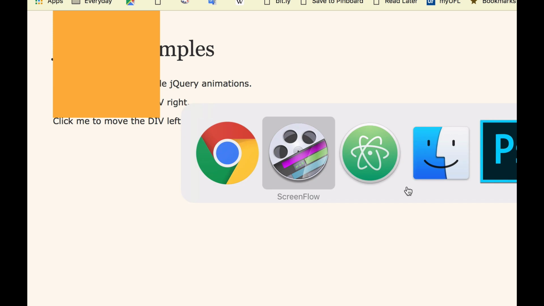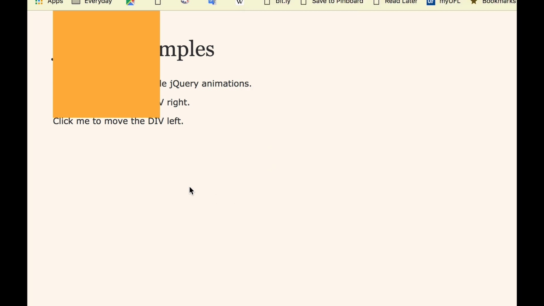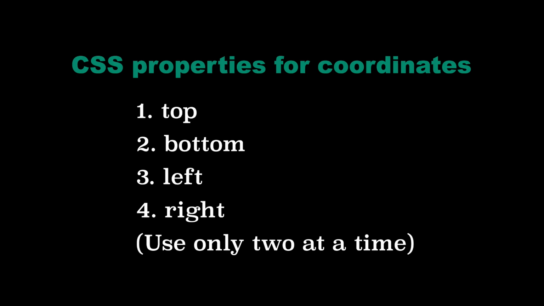Now let's add one additional coordinate for positioning, and that would be left. And let's also make that 0. So I save and I reload, and so the leftmost edge of the browser window is 0, and the rightmost edge is some high number. The top is 0, and the bottom is some high number, right? So for your coordinates,